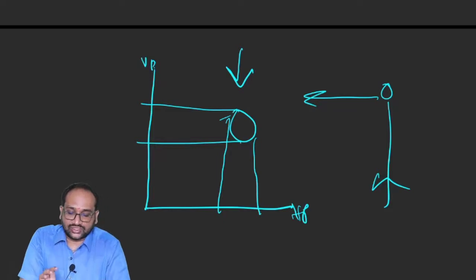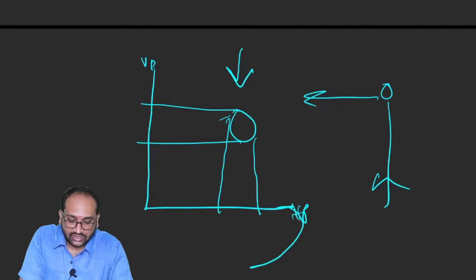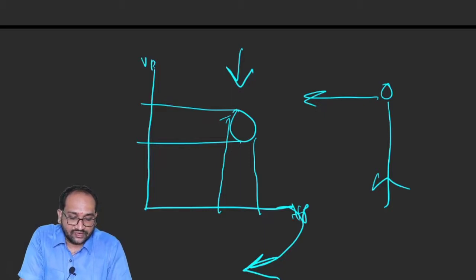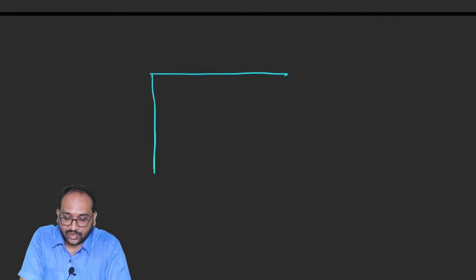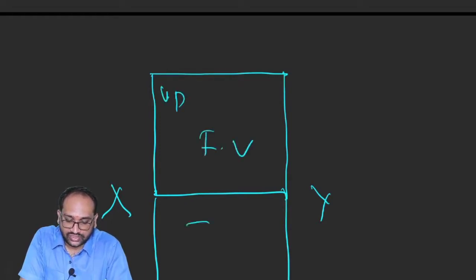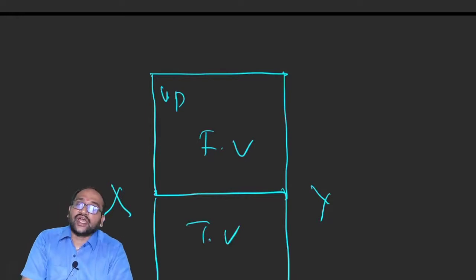How to draw this? See, we are fixing the vertical plane and rotating the horizontal plane clockwise 90 degrees. If you rotate this horizontal plane clockwise 90 degrees, it will come below XY. Top view will come below XY. This is horizontal plane and this is vertical plane. This is front view. This is top view. This is first angle projection.